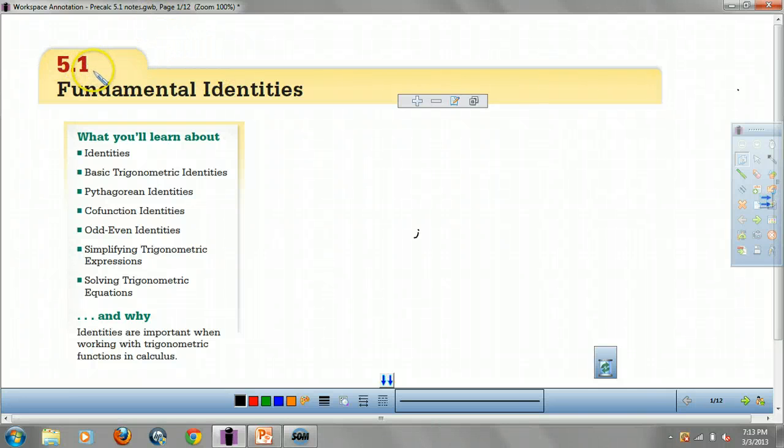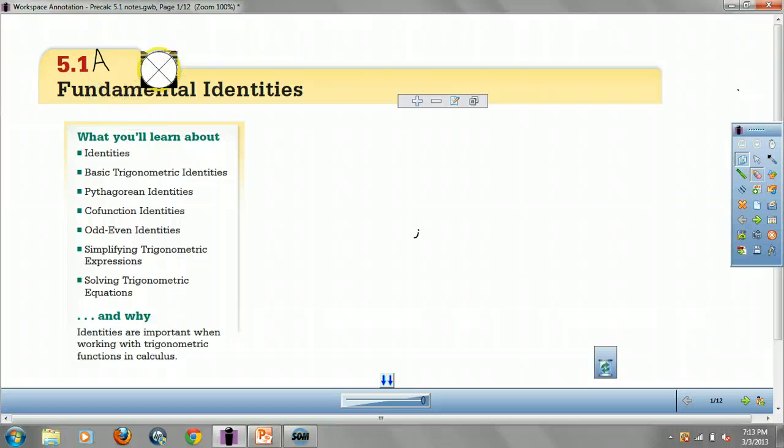Today we are looking at 5.1. We'll call it 5.1a. We're going to look at the, well, I call them fundamental identities. You guys are going to probably call them the mental identities. But